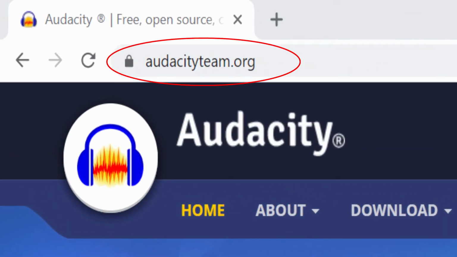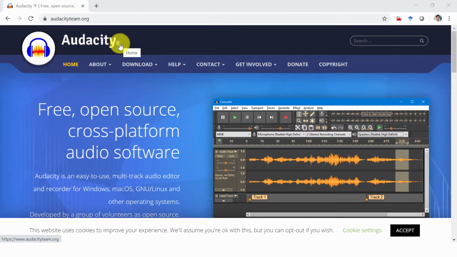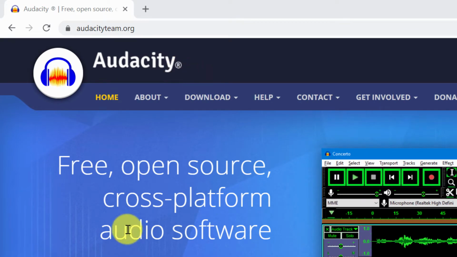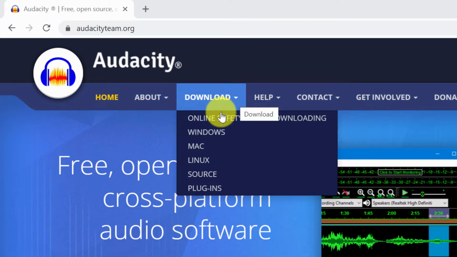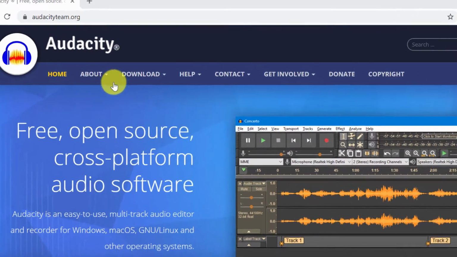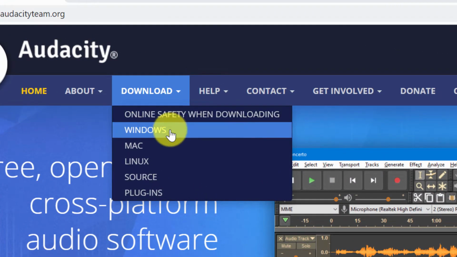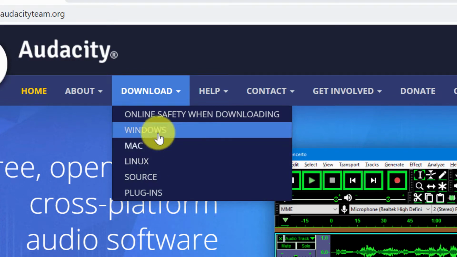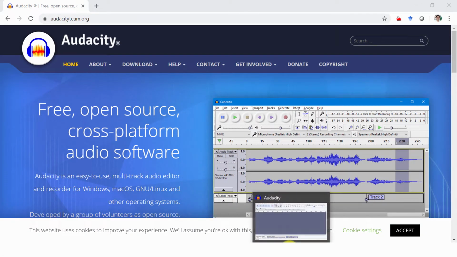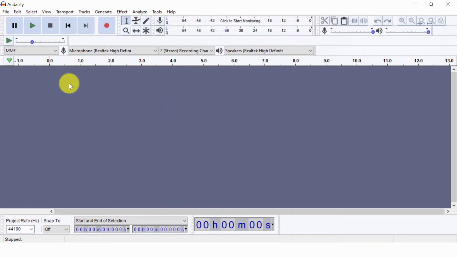In this video, I will explain how to edit video using Audacity. Audacity is open source cross-platform audio software which is available for Windows, Mac, Linux, and you can use it for editing your audio by separating audio from the video. First of all, you can download it on your laptop based on its operating system from here, and after downloading you can open it. Let us have a quick tutorial on Audacity.